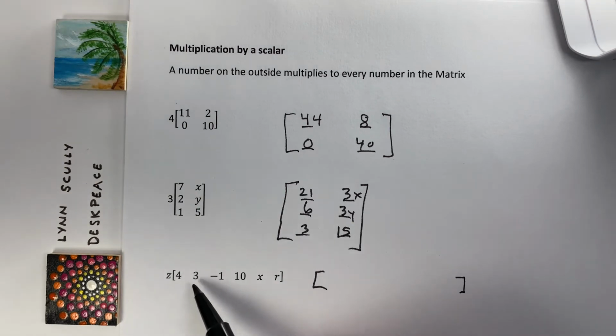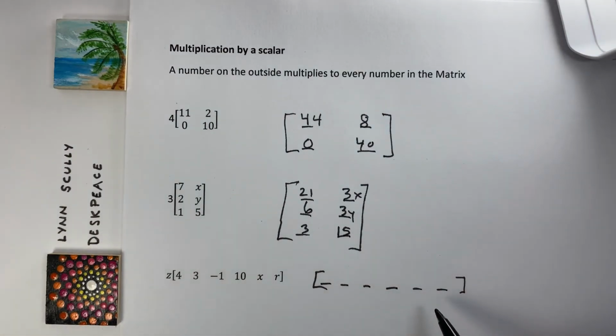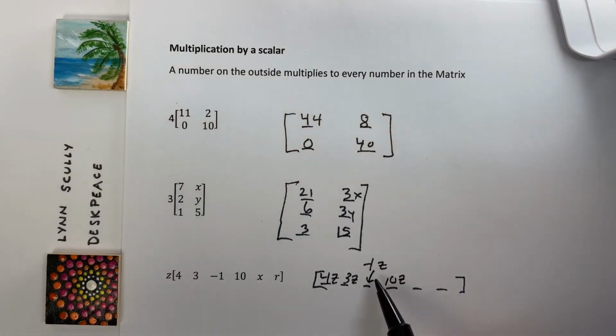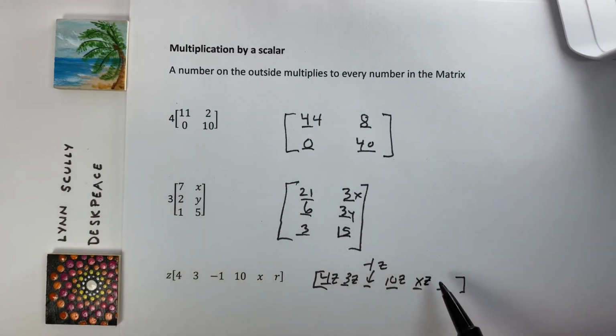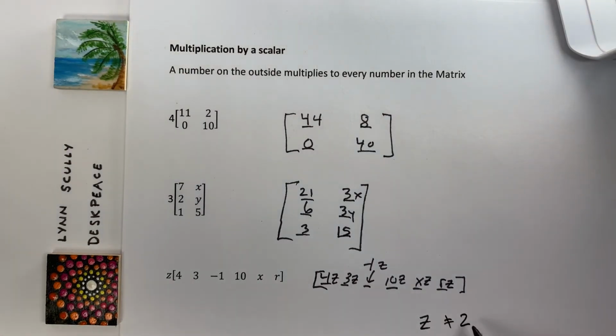And I have 1, 2, 3, 4, 5, 6. 1, 2, 3, 4, 5, 6. I usually do this kind of thing. So if I have multiple things to do, I don't miss something, then waste my time going back, having to check my work. Z is going to multiply to every cell. I have 4z. I have 3z, didn't leave a lot of room. I have negative 1z. I have 10z, that one goes here. I have xz, and I have rz. And I do cross my z's because sometimes the z looks like a 2 to me,